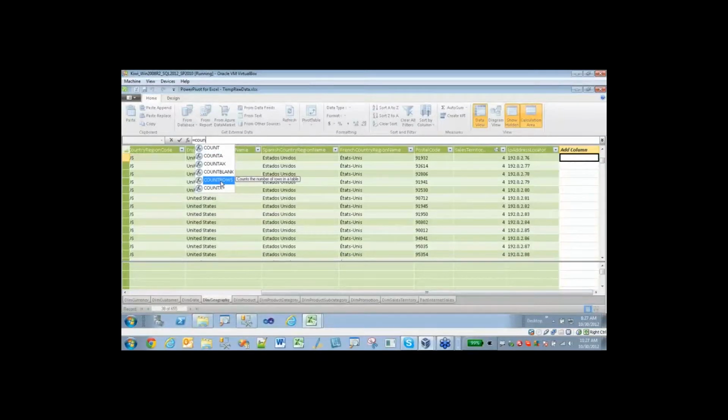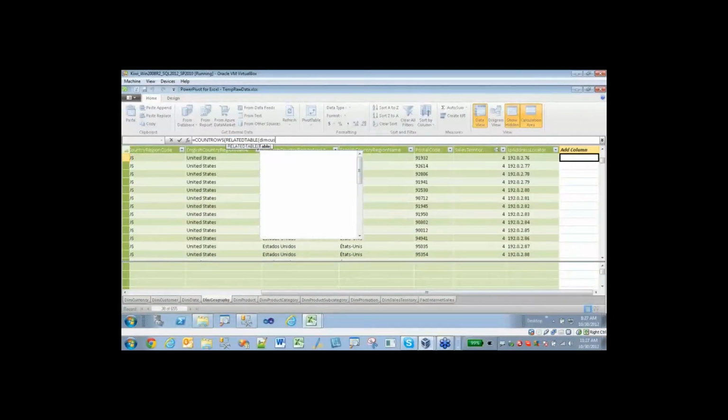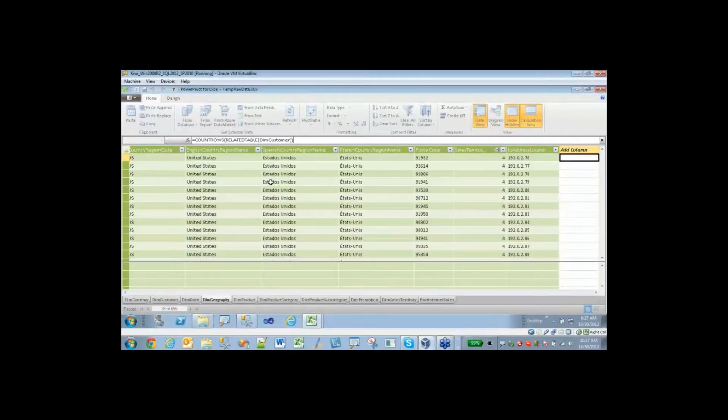So I'm going to select count rows, and I want to count the rows in a different table. So we need to use our related table function. So you can see I just started typing related, and it popped up right there with the IntelliSense for me, related table. And I'm looking for the table dim customer because I want to count my customers. Okay, so I'm counting the rows in a related table, dim customer. So if I just hit enter now,